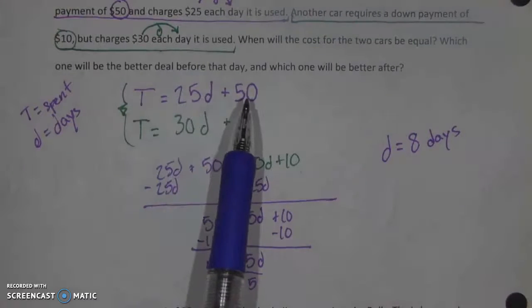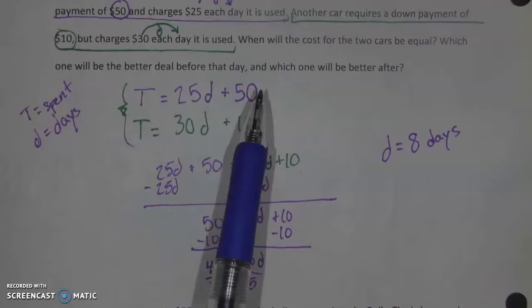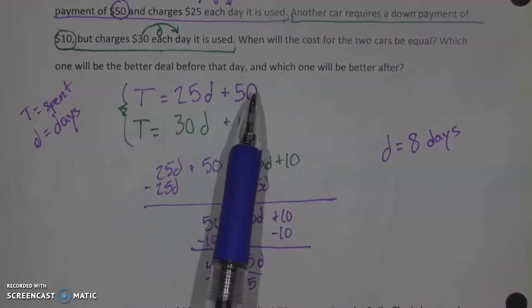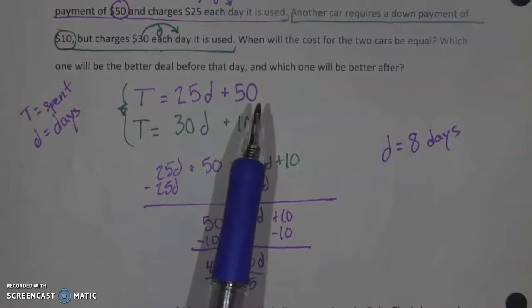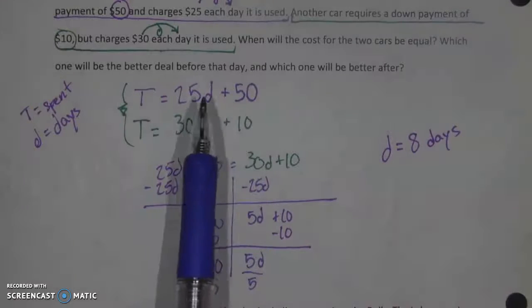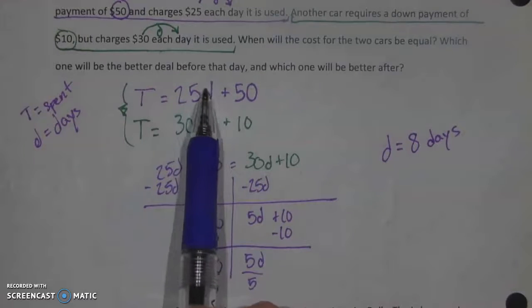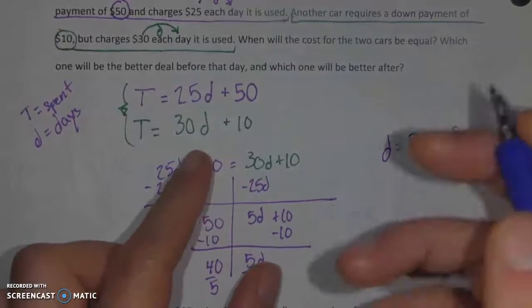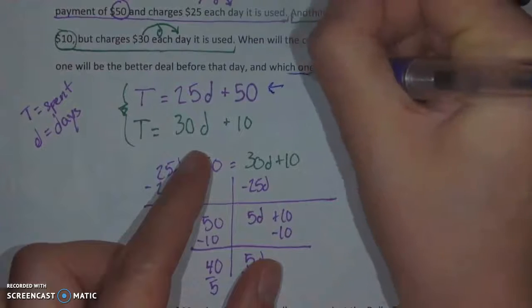So what that means is you're going to spend more on this first equation initially. So that first company will cost more initially because of that $50 you spend, versus this one, which will be cheaper initially. Each day you're there, though, you spend less with this one than you do with this. So eventually this will be the cheaper option. And that's actually always going to be true. If you're looking for which one will be better,